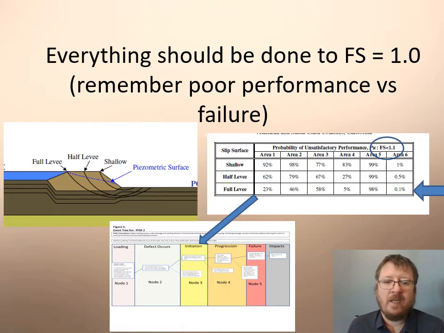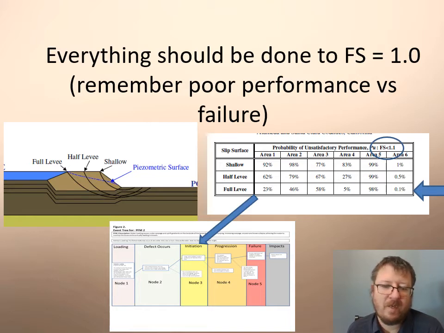Okay. The second thing is that we can see we have this sketch on the left showing different failure slip surfaces that were evaluated, and each different geometry has its own probability of occurring. Well, we need to pick one that fails the levee. So in this case, why are we looking at shallow failures, half levee failures? We need one that fails the levee. So that's why this arrow here is. This would be the more appropriate